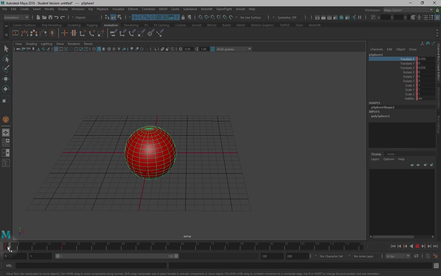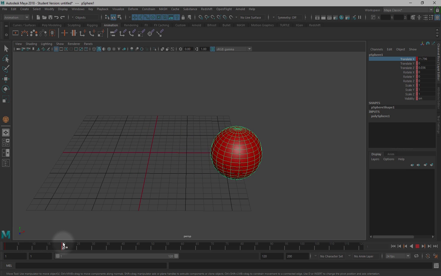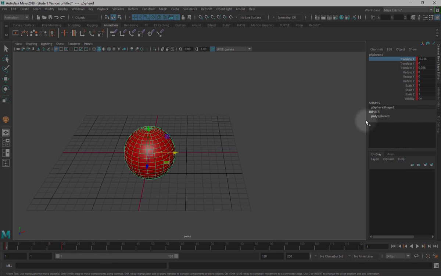Okay. Or at least from the first keyframe through to the last keyframe in your movement. Now we're going to come back to keyframing in a similar manner to this a bit later on. But first I want to show you keyframing some attributes. So what we're going to do is with the object selected, I'm going to go back to frame 1, and